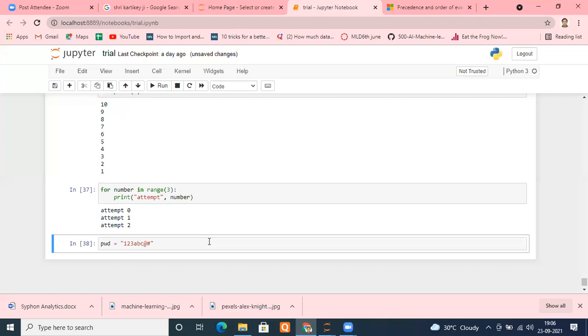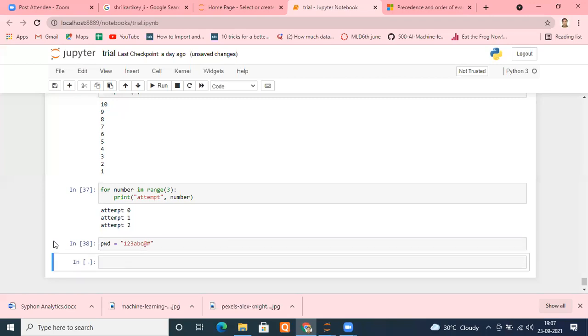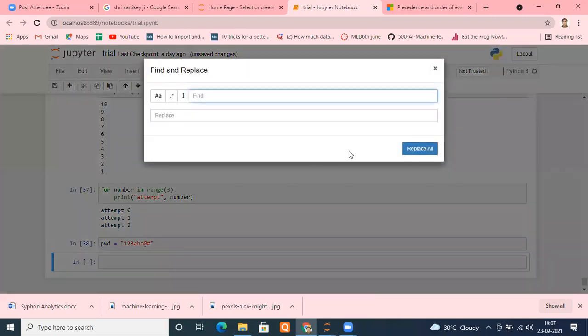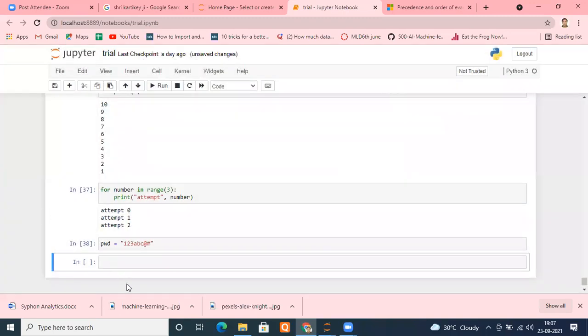So in the same way we have to design. If we design it this way, sorry, let me create a cell here. Okay. For, let me put anything I want for the variable. How many attempts do I want to give him? Remember, 3 attempts, right? So I'm putting for attempts in range. Or we can put attempt as well, whatever name we want to put, it's up to you. And how many chances do you want to give him? Only 3.